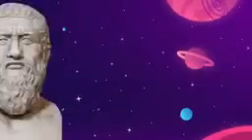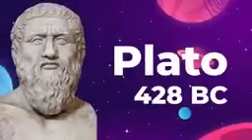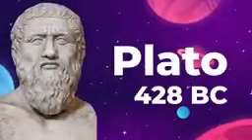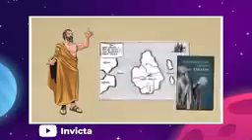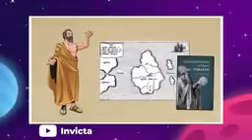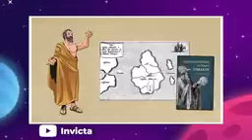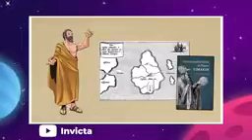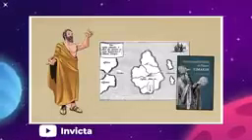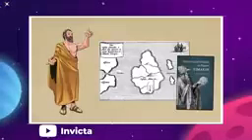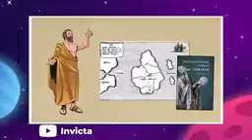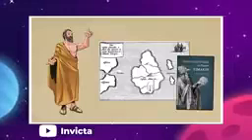Most people will equate the theory of a round Earth back to the ancient philosopher Plato, born in the year 428 BC. Plato's revelation was not so much that the Earth was round, but he was convinced that the Earth was three-dimensional in nature. He envisioned it more like a cube, or at least he believed that the Earth had been formed out of cubes of matter, and he wasn't necessarily wrong about that.